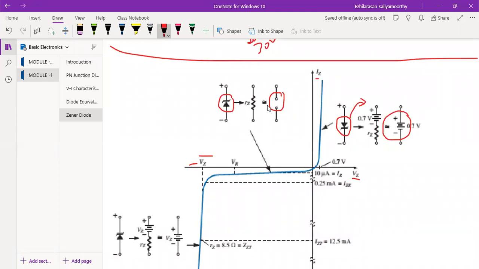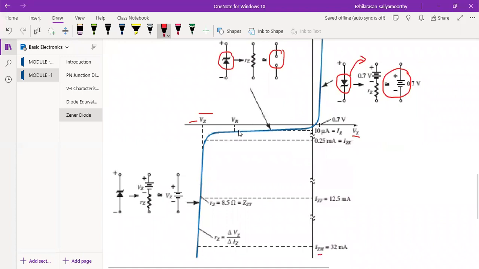So with the switch open, there will be a smaller amount of current. You see here, 0.7 V, very, very little current, 10 microampere. That is nothing but the Zener current, which will be very, very small. See, this is the place VR, that is the reverse voltage. This is the Zener voltage, because this is the point at which the current starts rapidly increasing, this point only, right?